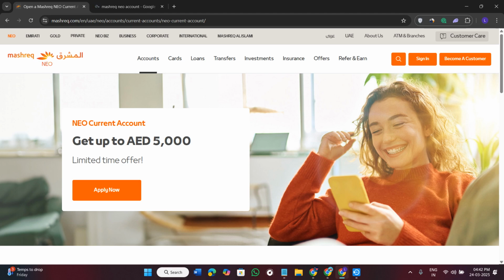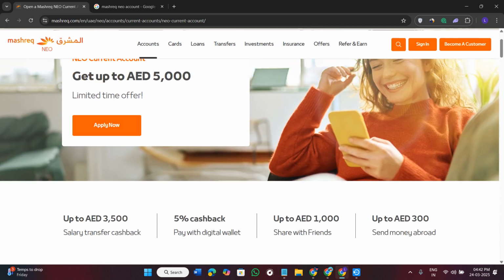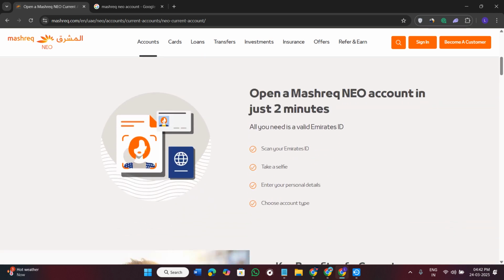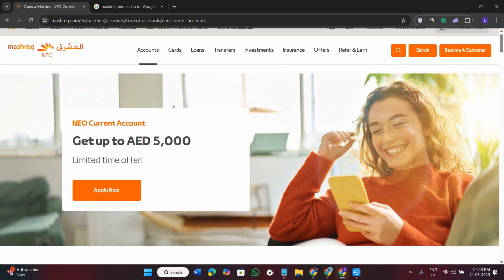Now over here you will see this prompt that would say that you can get up to 5,000 dirhams, and this is a limited time offer. So you can just scroll down a bit and take a look at the account opening process. So here you will have to scan your Emirates ID, take a selfie, enter your personal details and choose your account type. So once you are here, you need to simply click on the apply now button,